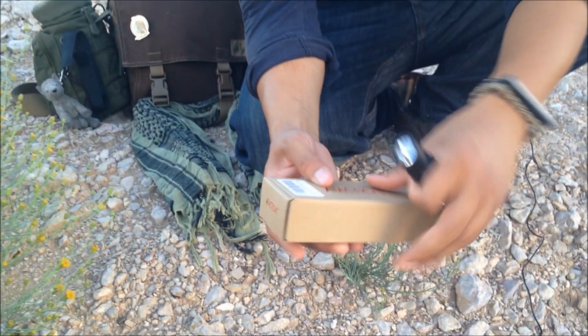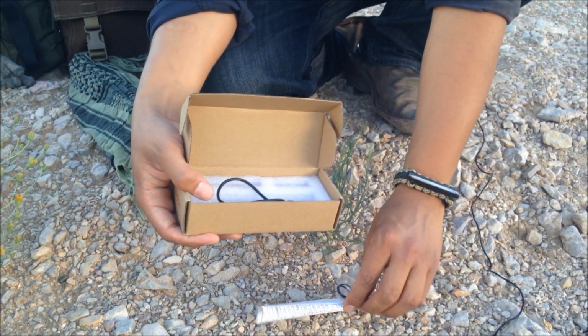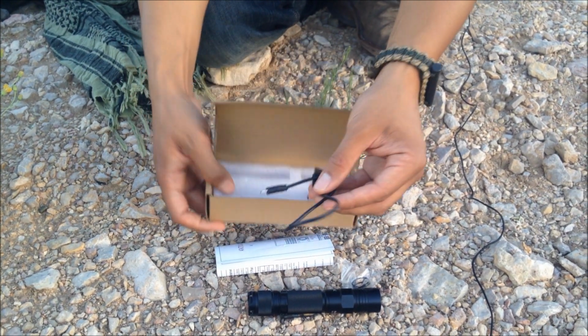So here's the box that it comes with. Simple, really nice. I like simplicity. Okay, now of course it comes with the flashlight itself, spare O-rings, a user's manual, the USB rechargeable cable,